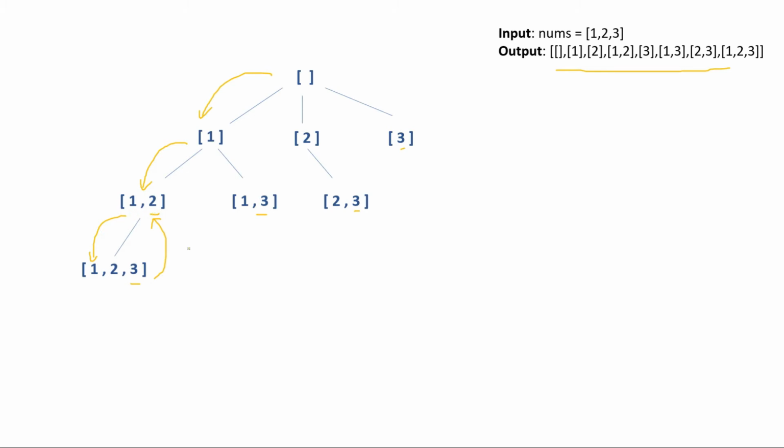From 1, 2 there is no other choice, so we have to go back here and find that from 1 what other choices are left. So that is 1, 3. So we have to come to 1, 3 here and collect it as a result. And from 1, 3 we can't go further because after 3 nothing is there. So we have to come back here by dropping the last element, that is 3. Here also while coming from 1, 2 to 1 we drop the last element. So now from here no other choices are left, so we have to go back till here, and that time we drop 1 and we become blank again.